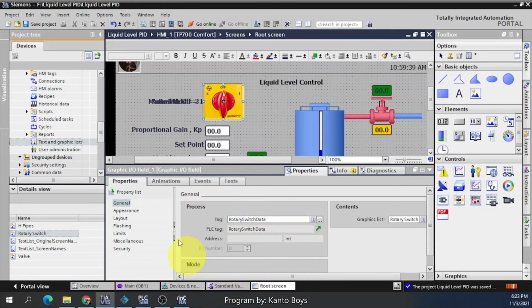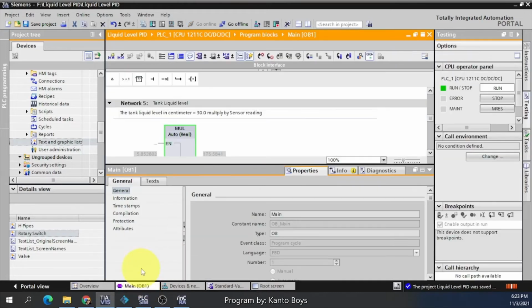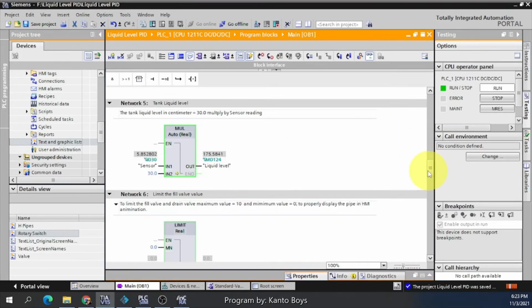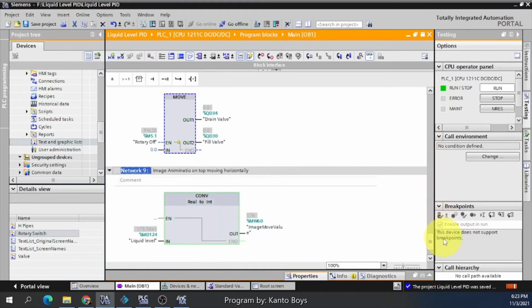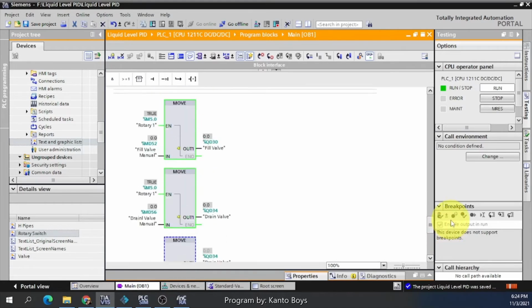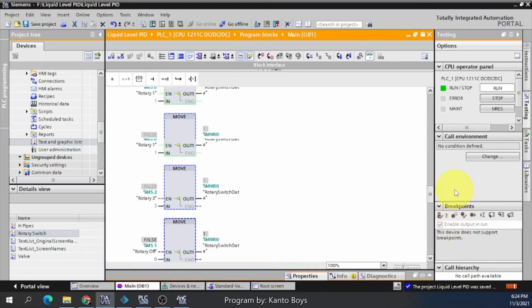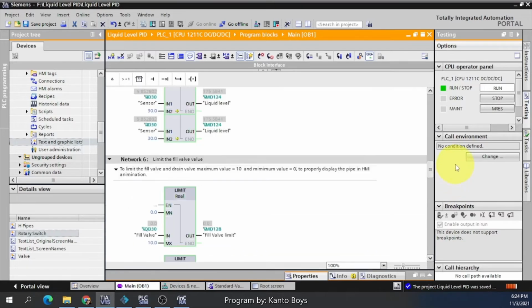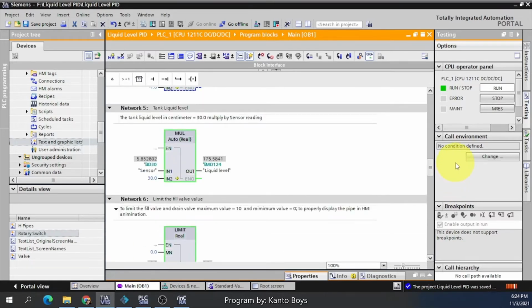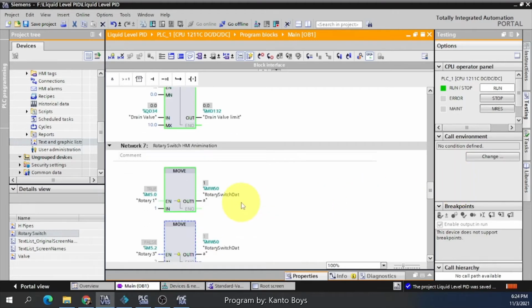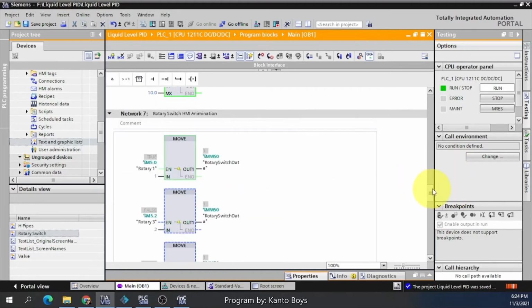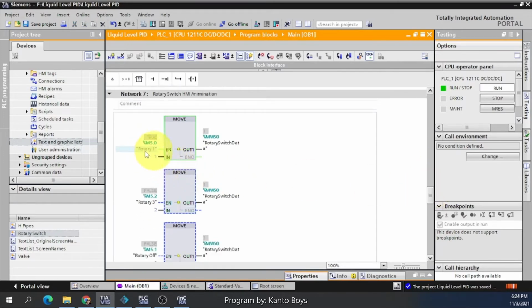So if you look here in my program, if rotary 1 is true, it will move the value 1.